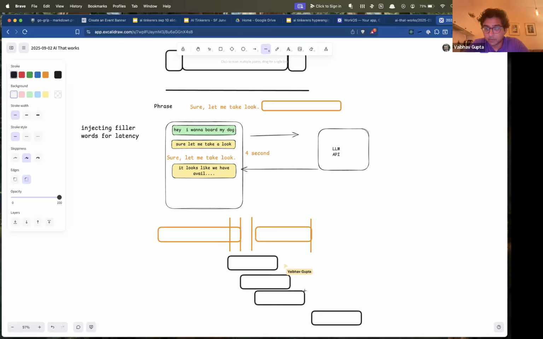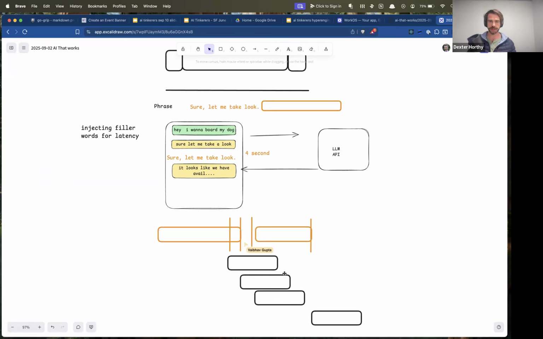So for example, when this one finishes, you would say, oh, but we detected they already started speaking again. So you would basically end up throwing all three of these out and using the one at the bottom. Or what you could say is one thing that you'll notice is maybe